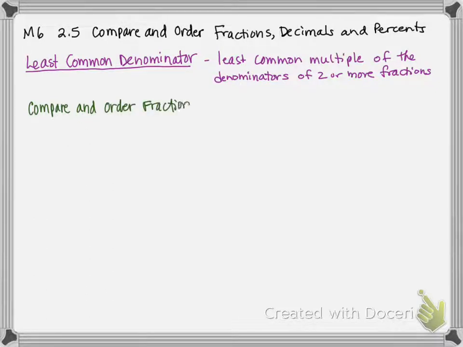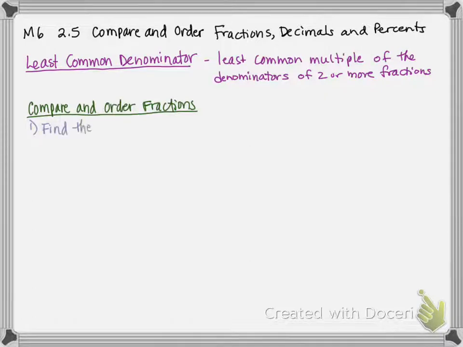Now the funny thing is comparing and ordering kind of go hand in hand, because comparing means to look at, try to see what's the same, what's the difference, but order says, okay, well, let's kind of look at them and put them from the smallest to the largest, or the largest to the smallest, okay? So if I just have a set of fractions and I want to order them, these are the steps that I would follow. First, I need to find the least common denominator,